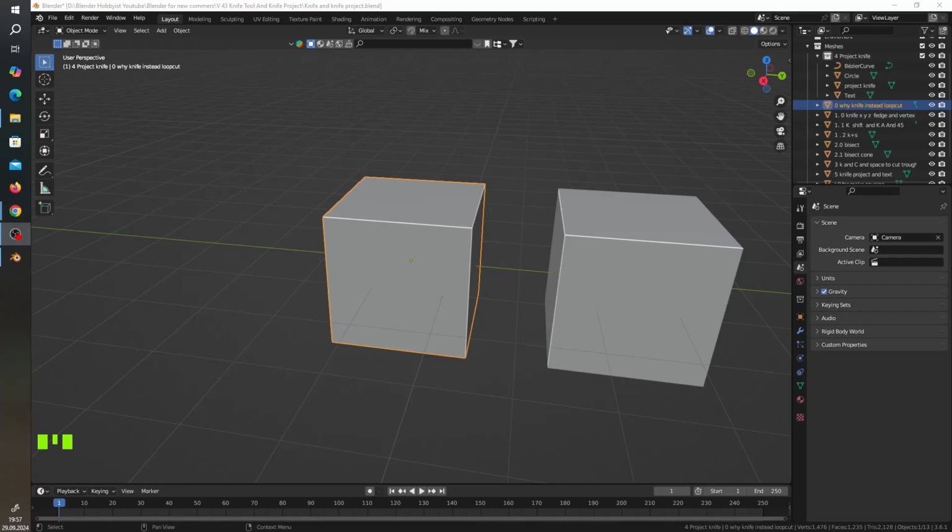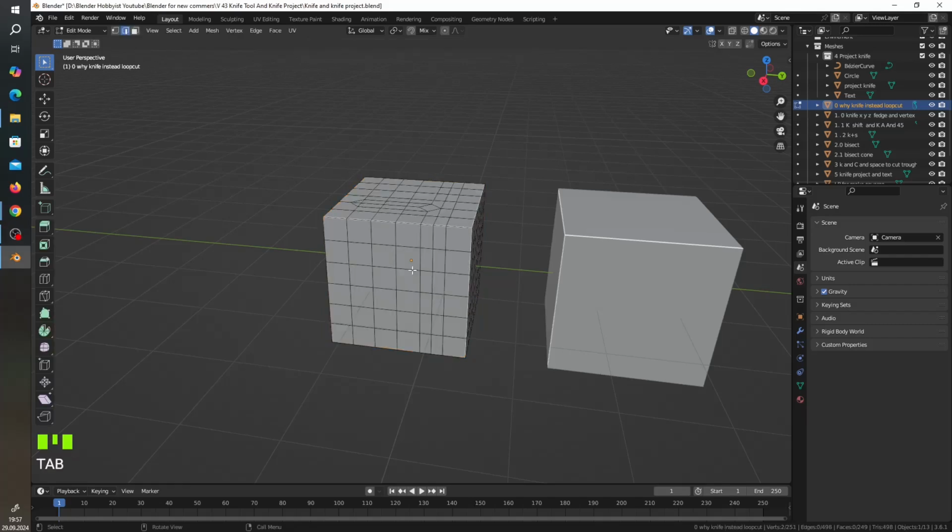In this video, we are going to continue with Blender tools. I'm going to show you how to use the knife tool. First of all, I want to show you why we use the knife tool. One reason